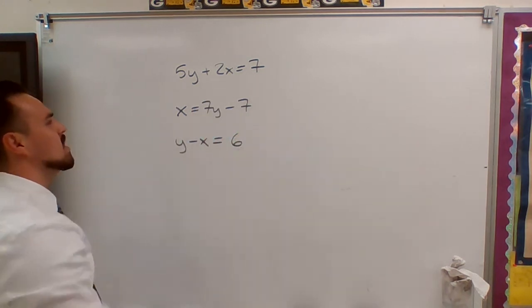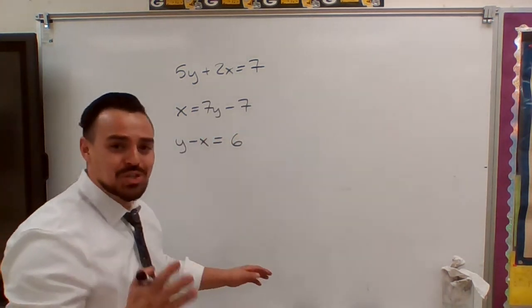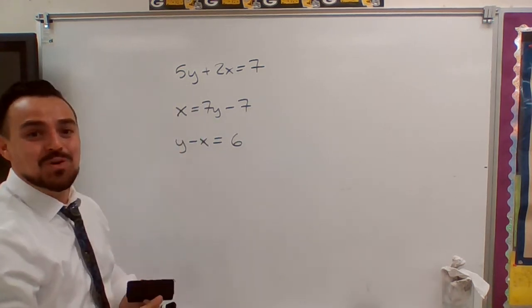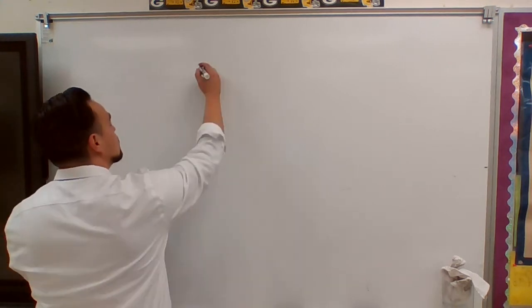The variables can be all over the place, but the most common, the conventional way, the form that you'll be given a linear equation is in this form,